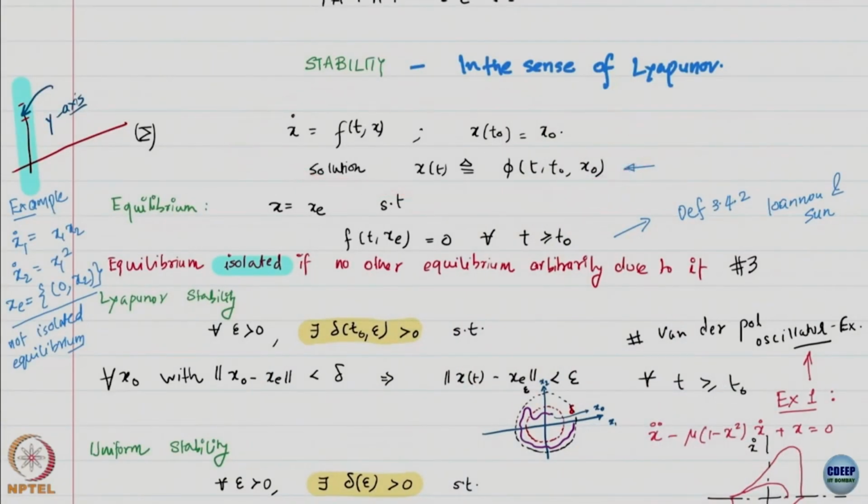Alright, stability, okay. We are always talking about a system which looks like this: x dot is f(t, x), okay, with some initial condition. Whenever I specify a dynamical system, I specify an initial condition, okay. Without an initial condition, it does not make any sense. Then there is a solution once I plug in the initial condition, usually denoted by a different symbol, okay. Most mathematically precise textbooks like Vidyasagar for nonlinear systems, you will find the notation for the solution is different from the notation of the state. Although in a lot of my notes you will find,